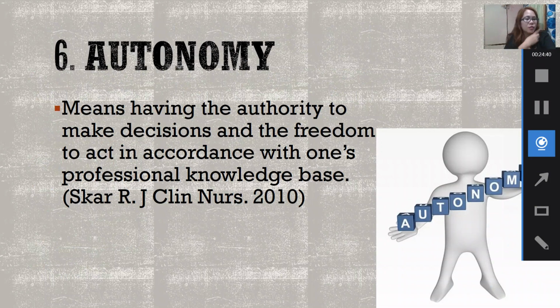Autonomy. So, another criteria, no? Number 6 criteria is your autonomy. So, this means having the authority to make decisions and freedom to act in accordance with one's professional knowledge base. So, once you're a professional, you have the autonomy, okay? You have the right